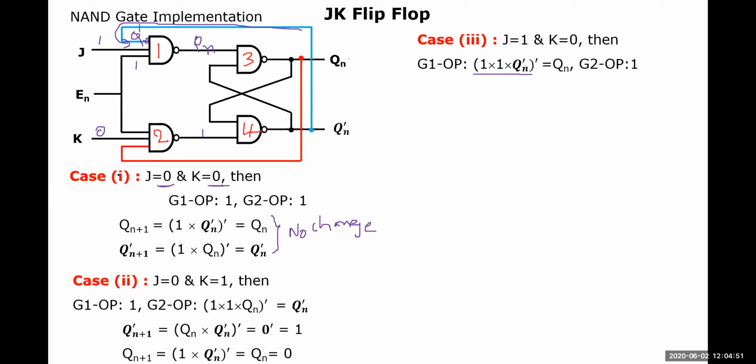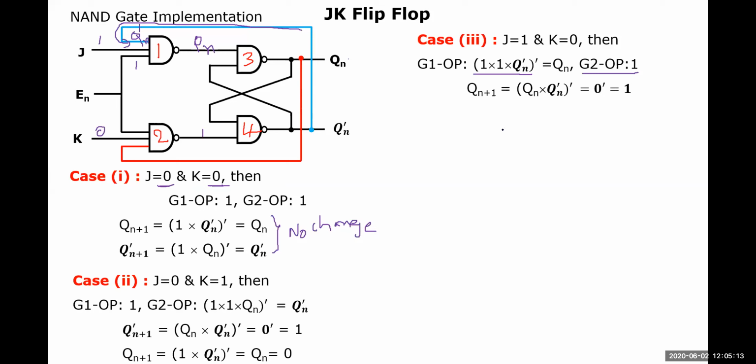At gate 2, without hesitation, one input is 0. The basic nature of a NAND gate is, if any one of the inputs is equal to 0, the output must be 1. So without looking for other inputs, whatever the inputs might be, one of the inputs is 0, so the output must be equal to 1 here. So that is the way here.